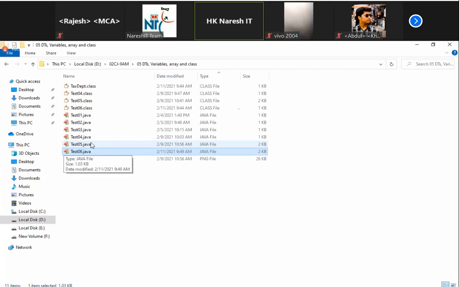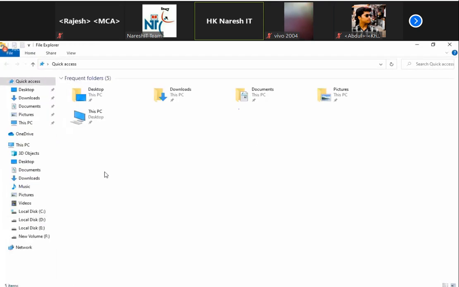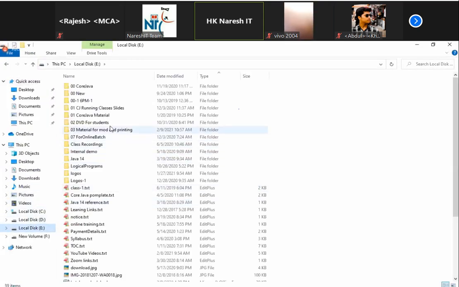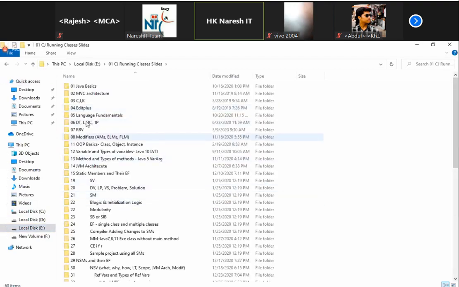Okay, now, next question, try to answer. What is the problem with array? Array problem is it can store only same type of multiple values. It cannot store a different type of values. For example,